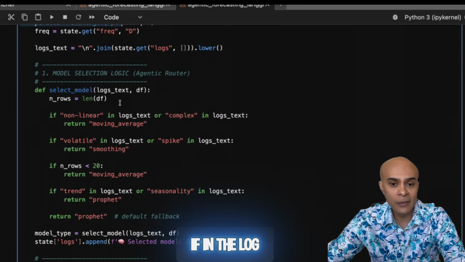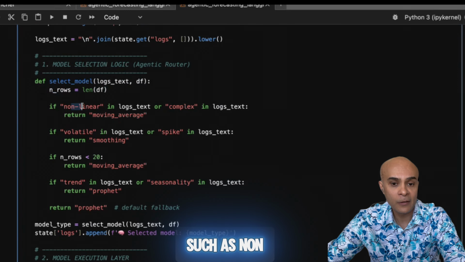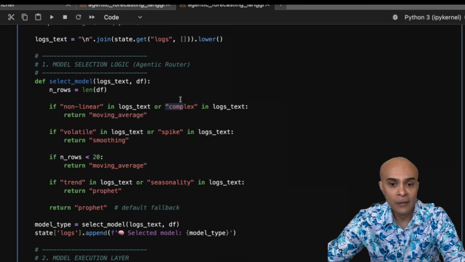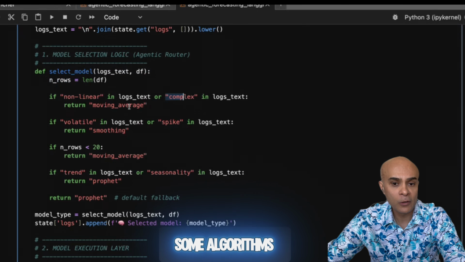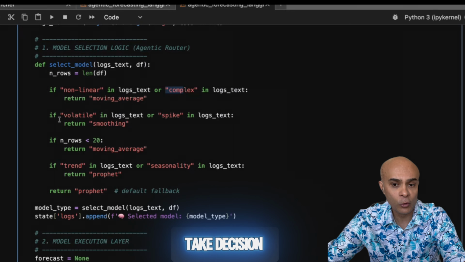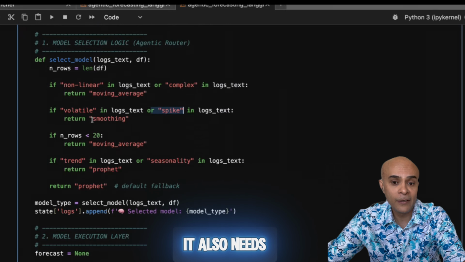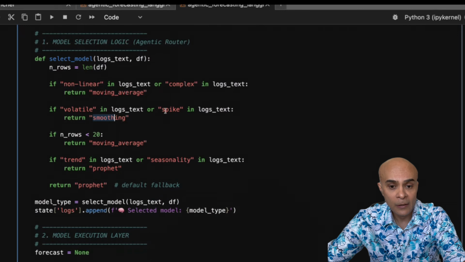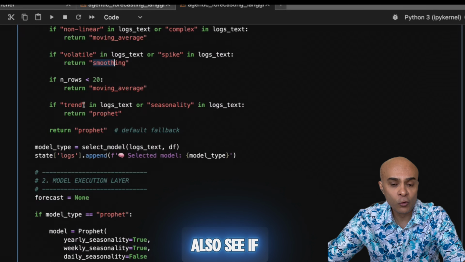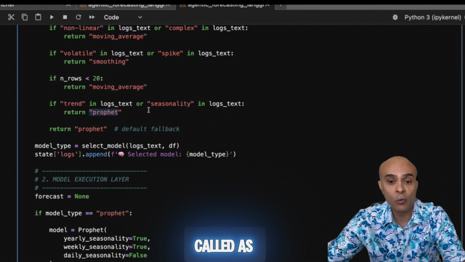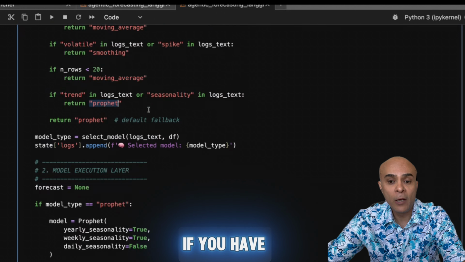So for example, if in the log it finds words such as nonlinear or complex, in that case, it can go for some algorithms such as moving average, or it can also take a decision if, for example, there is a spike. In that case, it also needs to do some smoothing. And it can also see if there are words like trend and seasonality which are occurring in the logs. In that case, you can use an algorithm called Prophet, which is a very powerful algorithm if you have seasonality in your demand.